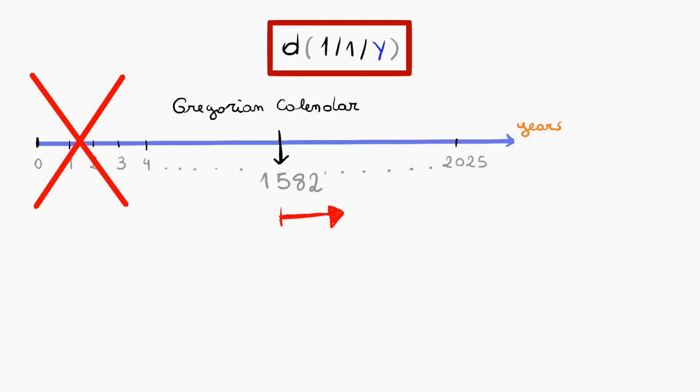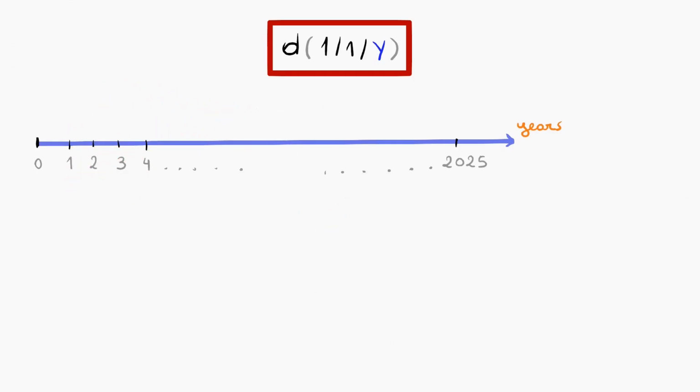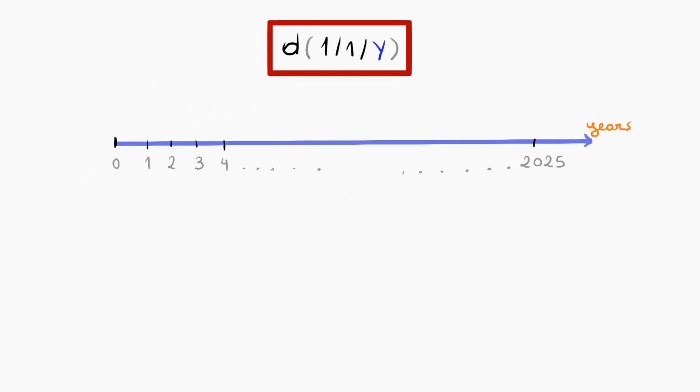However, here we will assume that this calendar began to govern from the year 0, simply to facilitate mathematical calculations. But we must be aware that the formula we obtain in the end will only be valid for dates after the Gregorian calendar began to govern, after the year 1582. Let's return to our objective. Let's assume that the day of the week of January 1st of year 0 is known. We will now see how we can obtain the day of the week of January 1st of each year based